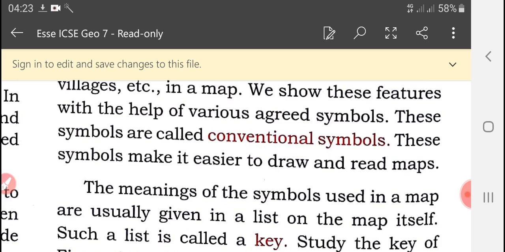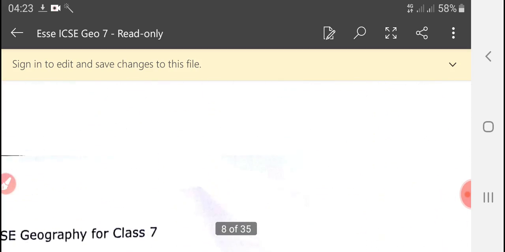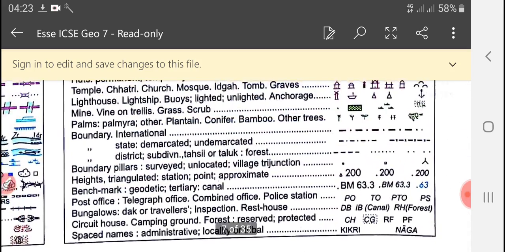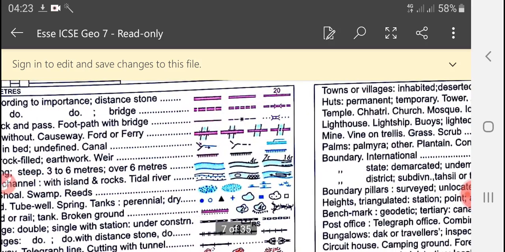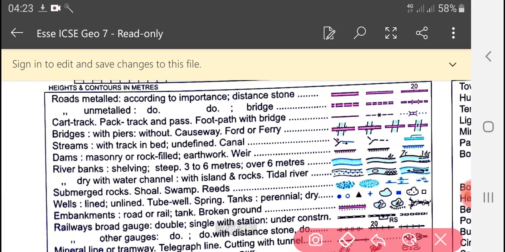Study the key of figure number 1.8. This will help you to understand the symbols. So in 1.8, there is one topographic map given, and below that we have some conventional symbols too. These are the keys. Okay, so this is the key, and these are conventional symbols.